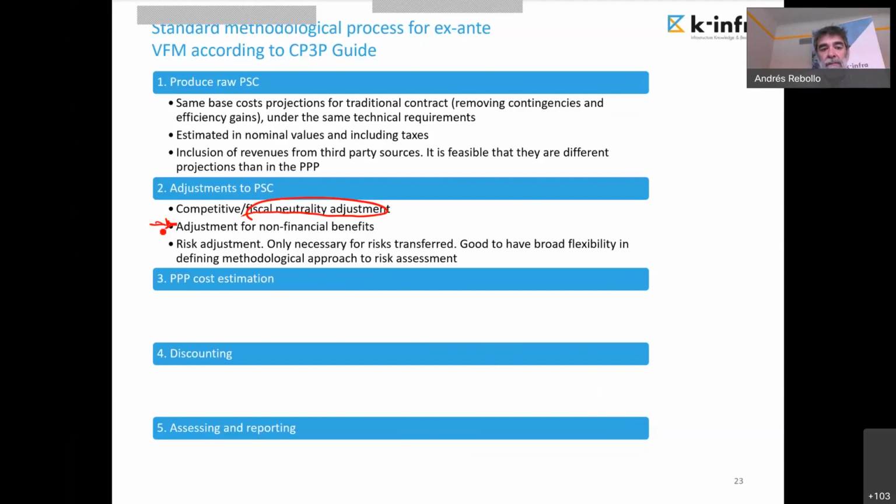Okay, and then the third adjustment is the risk adjustment. Apples to apples again. Being very simplistic, in the PSC, in the conventional contracts, I am assuming all the risks. But in the PPP, I am transferring a lot of risks. The payments that I'm going to assess to be made to the PPP company include the value of the risk transfer. I'm paying for that risk. But the payments that I am putting in the raw PSC do not include the value of any risk because I'm not transferring that risk. So I should adjust my costs incorporating the value of the risk that I am transferring in the other model